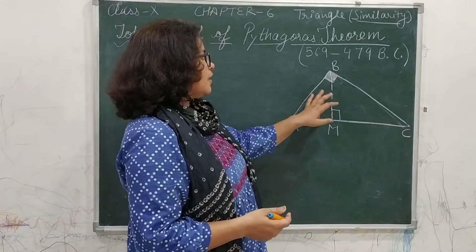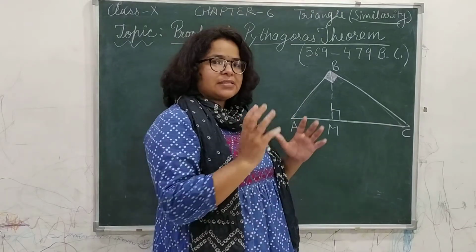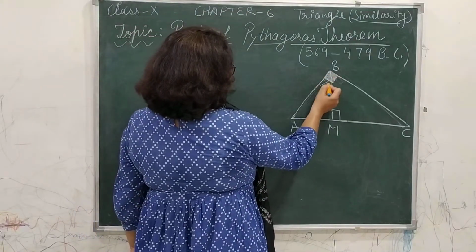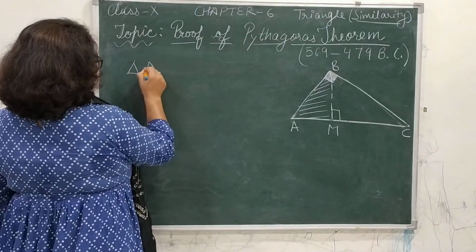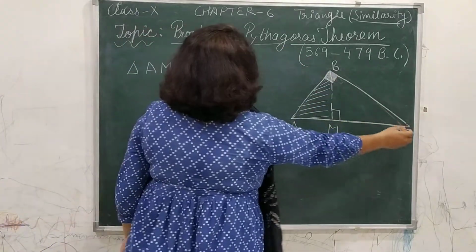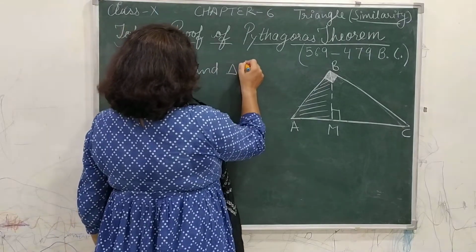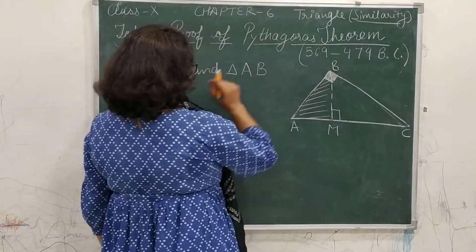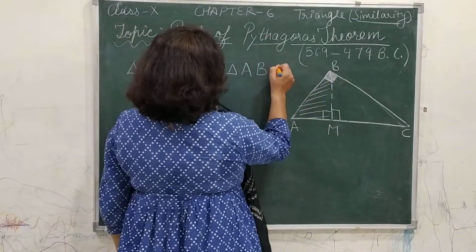It means in this diagram you can see there are three triangles and all the three are similar to each other. Let us see how they are similar. If you observe this diagram, I want to take first this small triangle AMB and the given triangle ABC. If I have taken here A, so according to the correspondence with A, it will go A, with M it will be B, because B is my right angle vertex here and M is the right angle vertex here. And finally the last point is my C point.